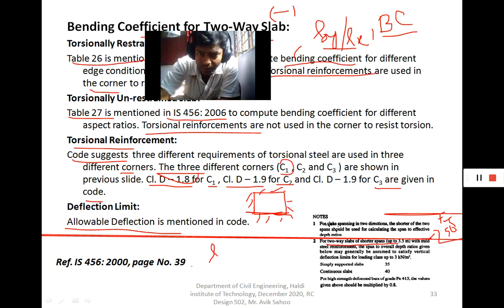Span means the shorter span and overall depth. So note that for checking the deflection, the shorter span is always considered,